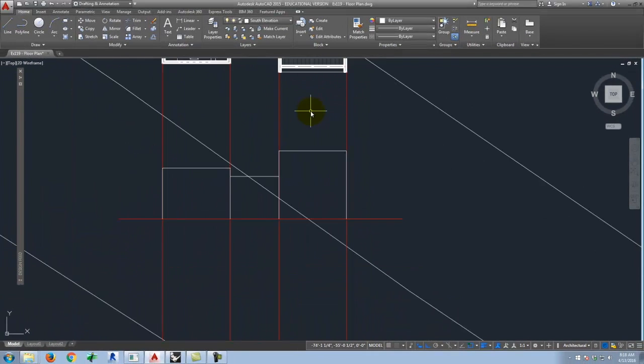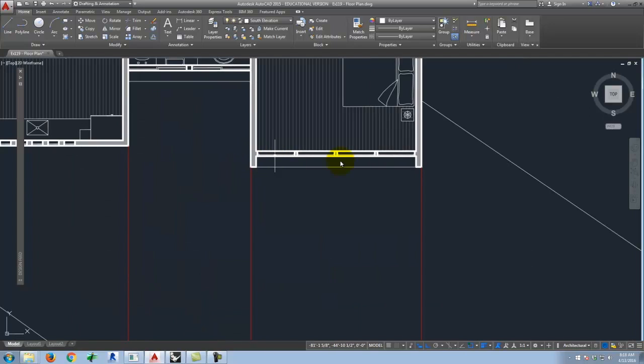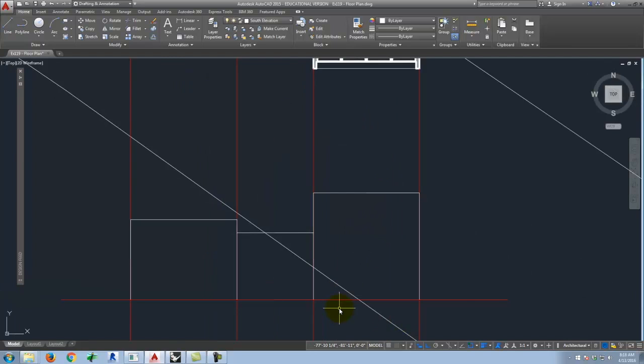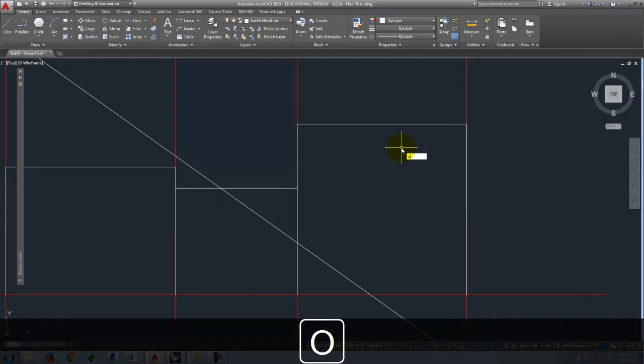So maybe, let me look at this end here. I have a little bit of a recess there, and then I have a little bit of a thickness associated with the roof. So what I need is an offset for the roof. And so we'll do offset. And again, I could have picked the offset tool. We'll specify 12 inches